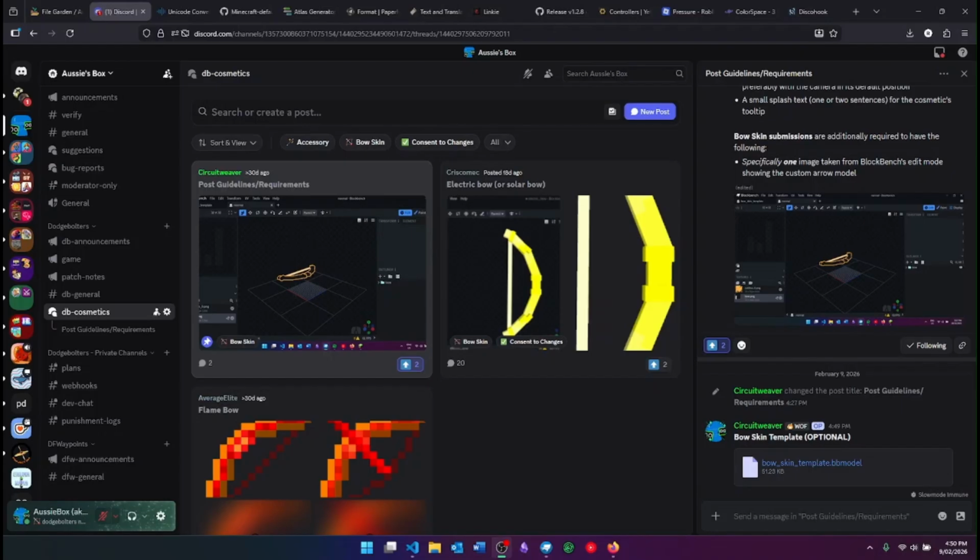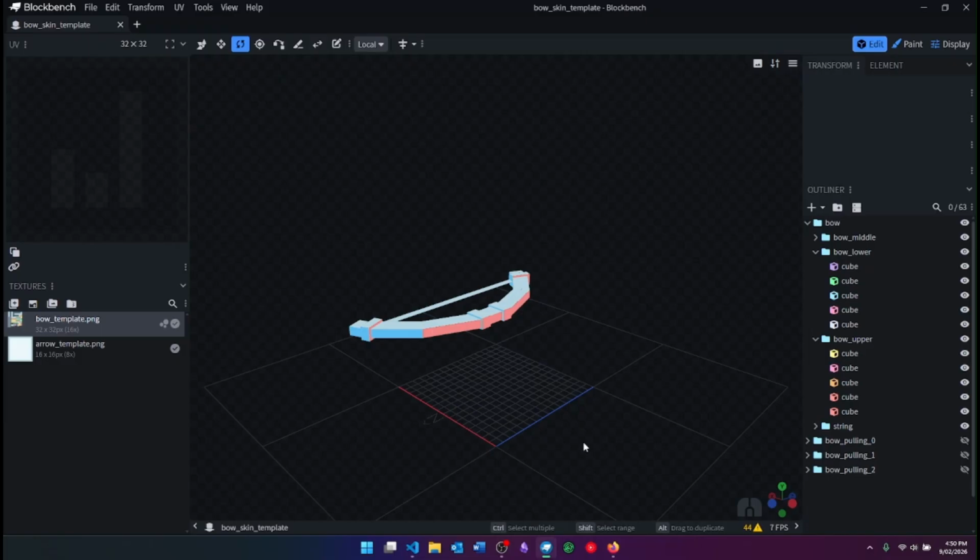Bow skins are a much more advanced cosmetic to create, so huge congratulations to you if you can get through this. So, just gonna jump straight into it again. To get started, you'll need to, or you may wish to, download this bow skin template that I've just left here. It was on the wiki. You can get it from the wiki if you wish to, but it's also here. Once you do download that, you're going to want to click on the file, and it'll bring you to Blockbench